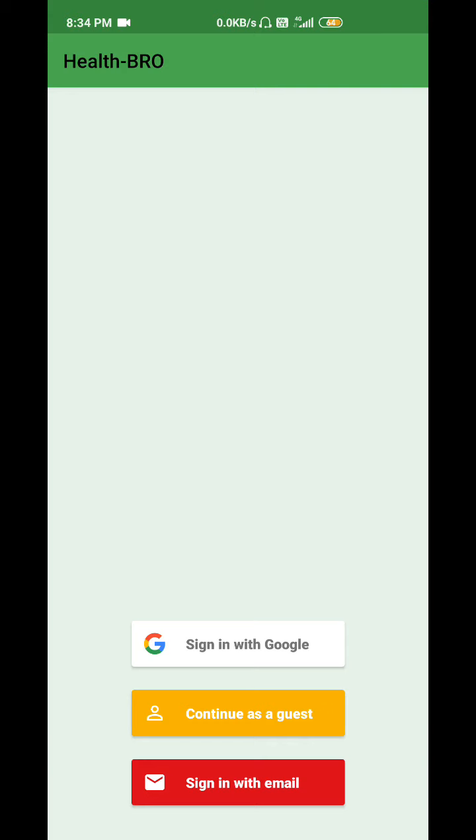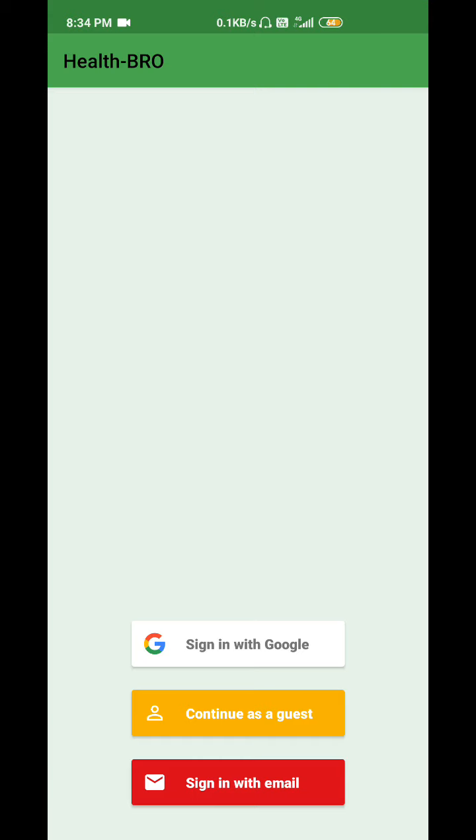Look, this is the sign up and login page of our app. Here you can sign in using your Google account, you can continue as a guest, or you can sign in using custom email and password. We have also added the forgot password functionality. We have integrated Firebase Auth UI for this purpose. This is very helpful. You can set up the emails for sending to the users when they forget their password to reset their passwords.